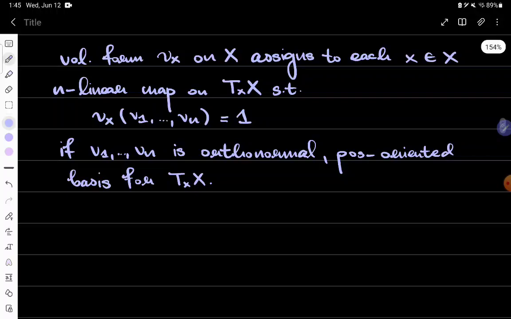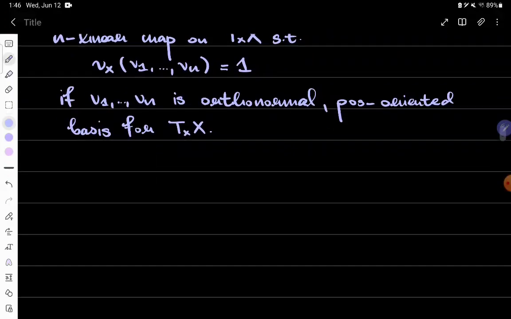Okay, so now if we have any other ordered basis, then this thing, when you evaluate it on some other basis, is going to transform by a factor of the determinant of the change of basis matrix. And in particular,